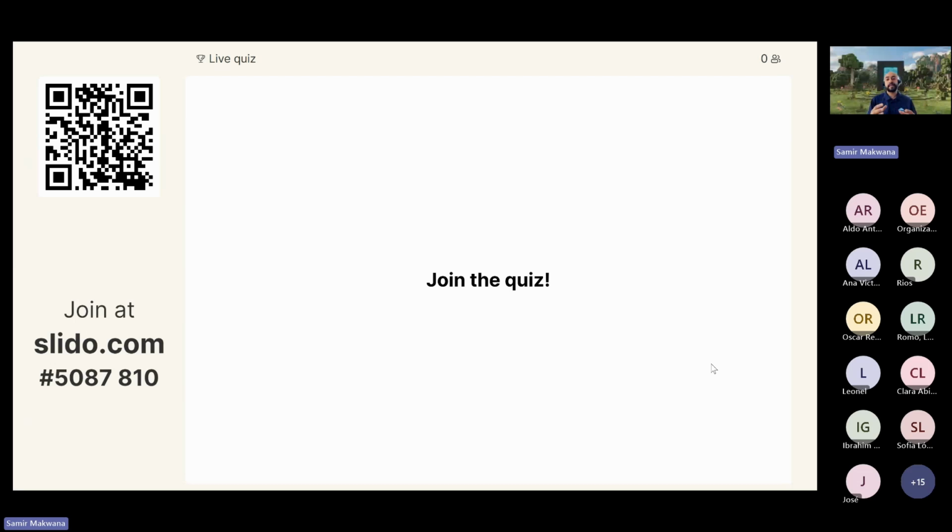And then there will be a last word, not a survey, but your insight, what you want to see as a user of Copilot, what feature you're looking for. So I would appreciate it if you can use slido.com and the QR code to join this quiz.